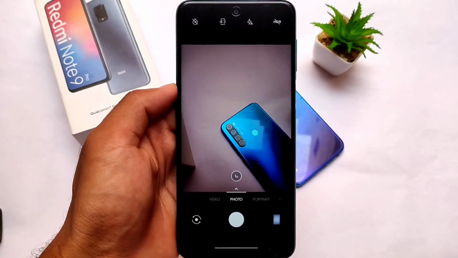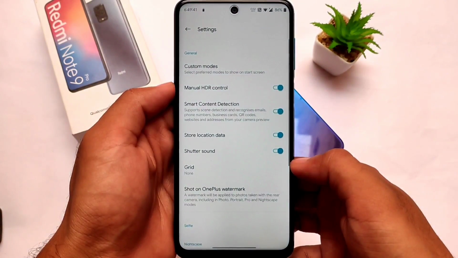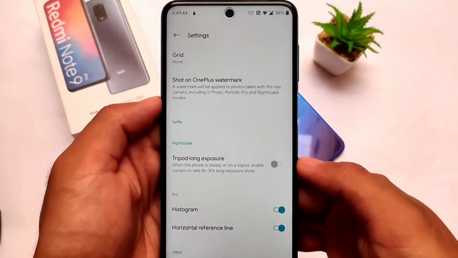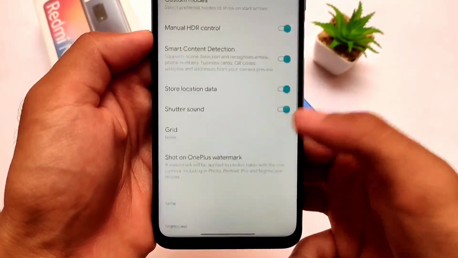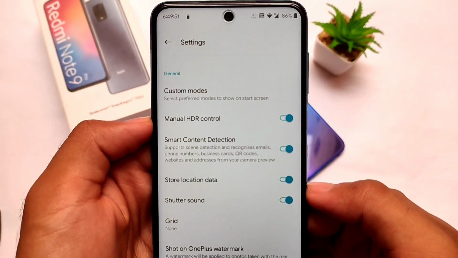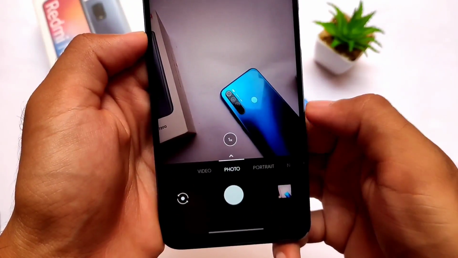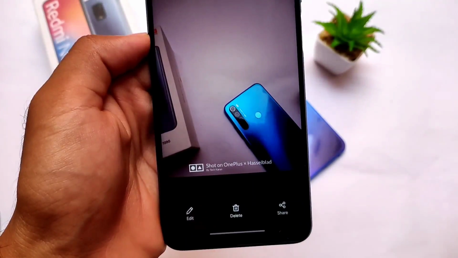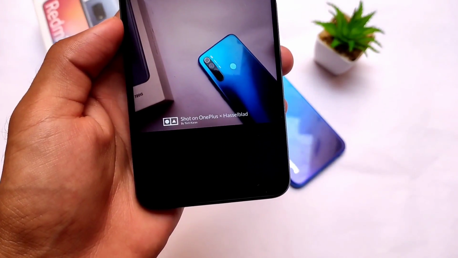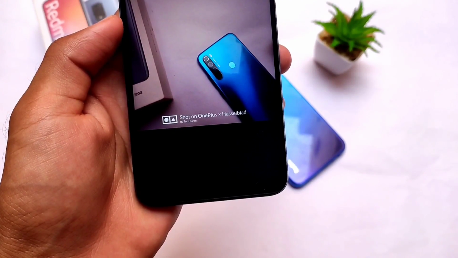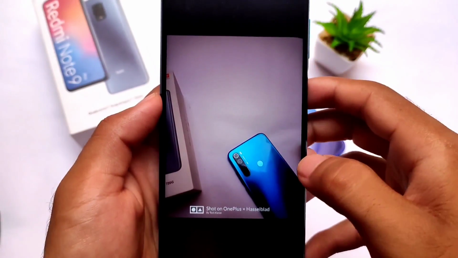One of the best things I liked about this is in the default camera you have OnePlus like this camera available for you. You can customize the watermark, tripod, long exposure, shot on OnePlus watermark option is present for you, which is working perfectly fine. That's quite interesting one. For example, if I try to click any picture, in the previous update it was having a bug with the camera watermark, but now it doesn't. Shot on OnePlus, Hasselblad camera by TechCurrent. And yes, you can customize the custom watermark. Hasselblad watermark will be there if you enable this.